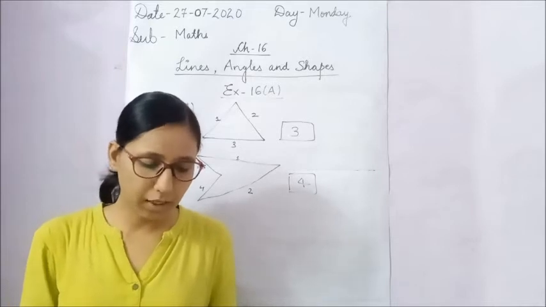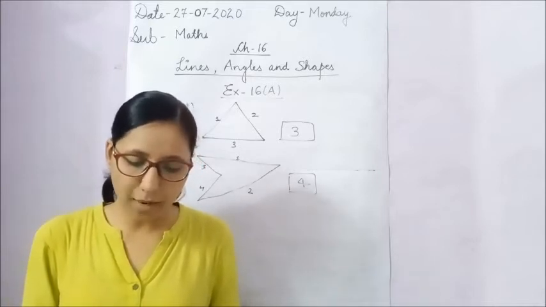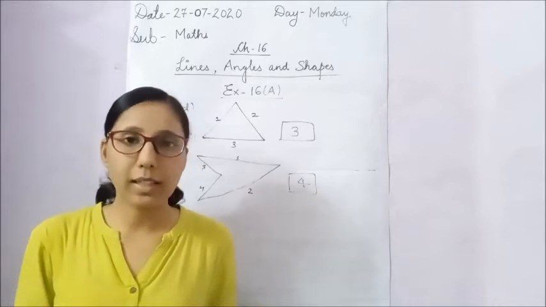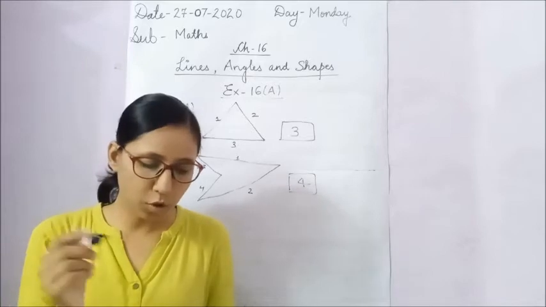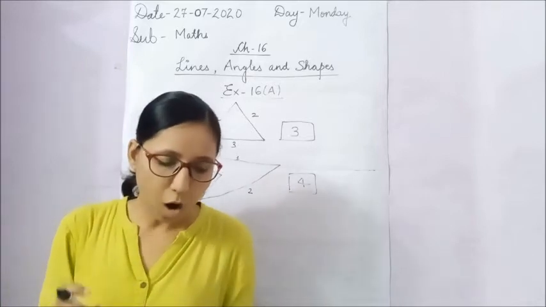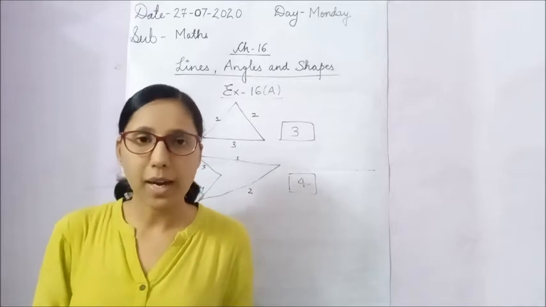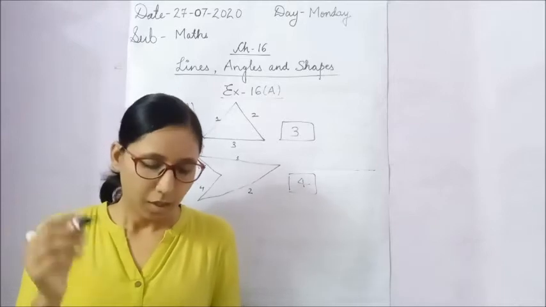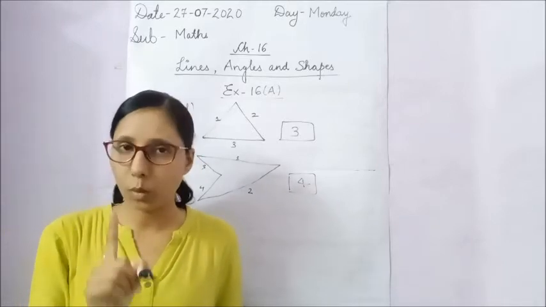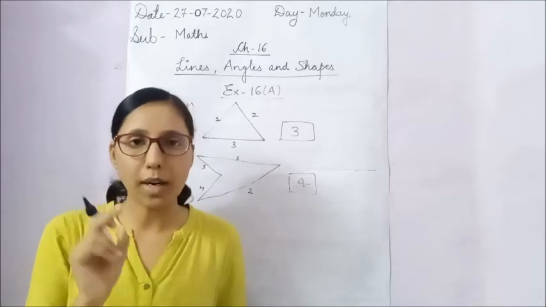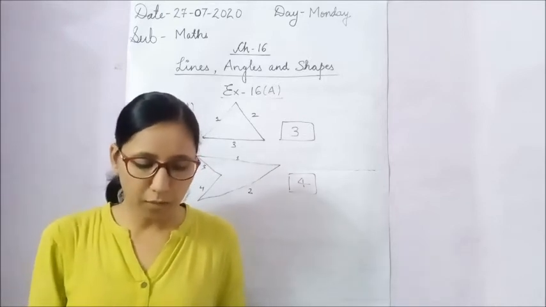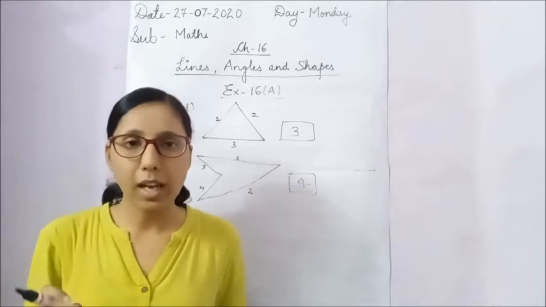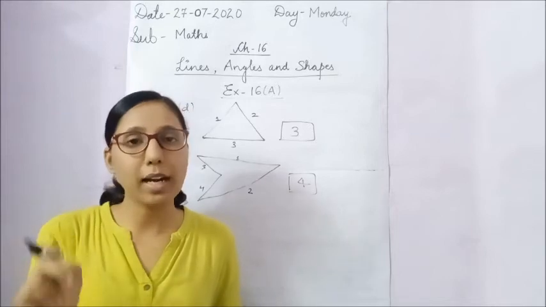Then in question number 3, how many line segments can be drawn by joining the points? Write their names in your notebook. So you don't have to write the names in your notebook. You just have to join the lines and count them. How many line segments have you drawn by joining the points? So for example, in A part, A and B को जब हम join करेंगे, we'll get only one line segment. So you will write 1 in that box. In B part, if you join P to Q, Q to R and R to P, it will make a triangle, and a triangle has 3 line segments. So you will write 3 in that box.